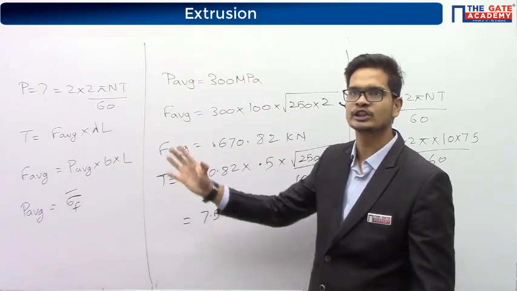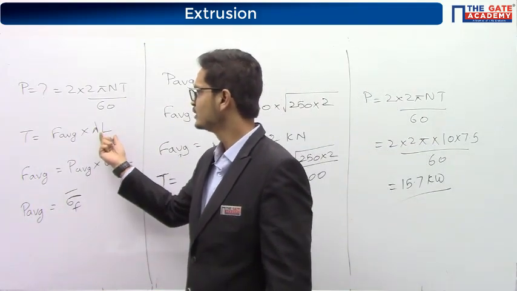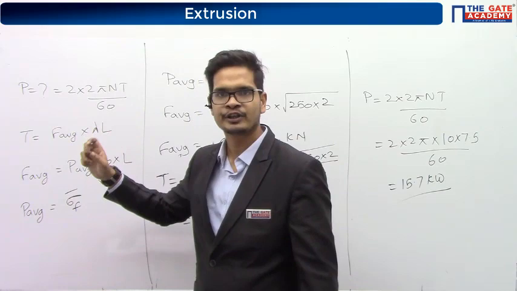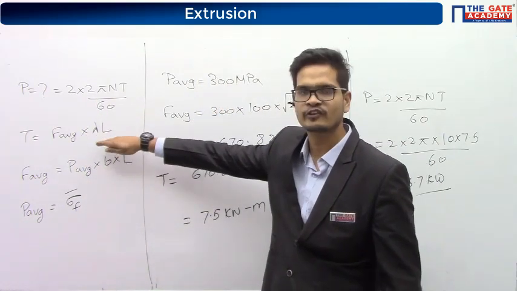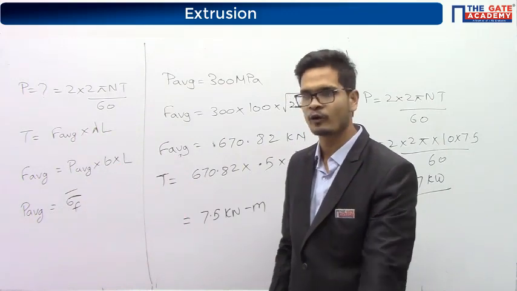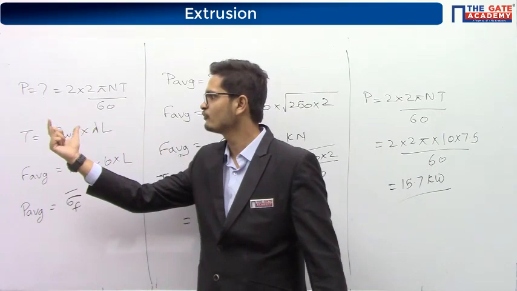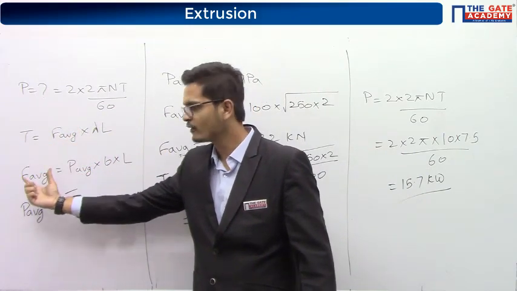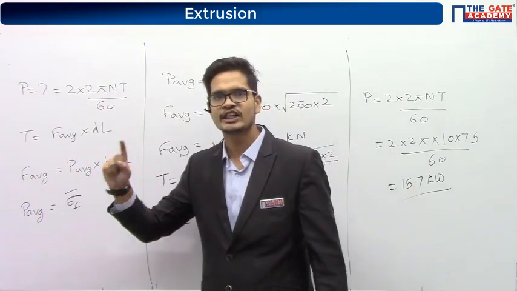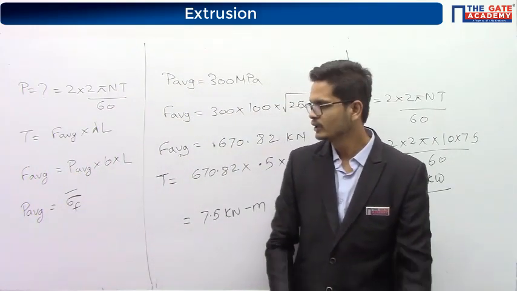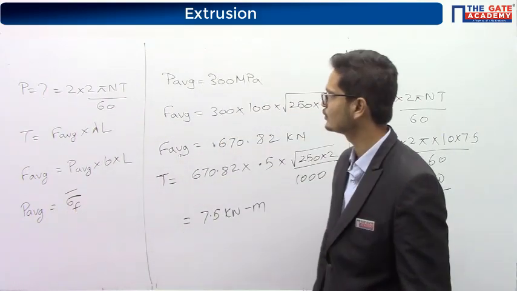We'll assume the process to be hot rolling. We'll take lambda to be 0.5. And then the length of deformation zone we can take as root over of r delta h. So those values also we have. Only we need to find F average. For F average we need P average into B into L. And since they have not given us any value of mu, we'll take P average is equal to sigma F.